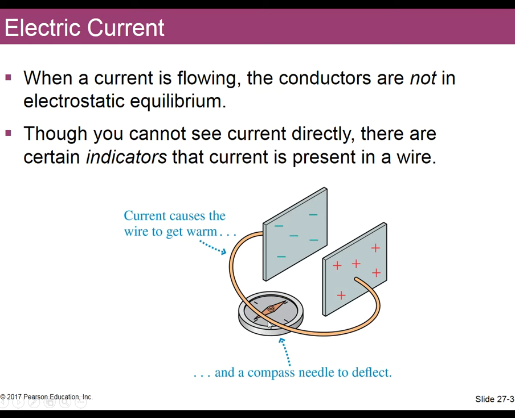In fact, it's possible to see if there is a current by using something like a compass needle. This is something we haven't covered yet, but a compass needle will deflect when there's current going nearby. This is because wires that carry a current will actually produce a magnetic field. We will get to a more detailed understanding of that soon, but I want to present that there is